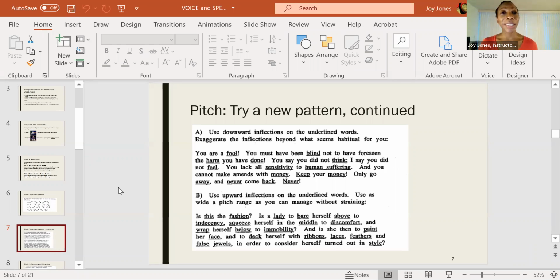So yes, these upward inflections, you're not saying it at the top of your voice. You're not saying, "Would you like to go to Wendy's for lunch?" You're just going up a little bit on the end, because in American English, that's what we do to indicate a question. Anyone else want to take a go?